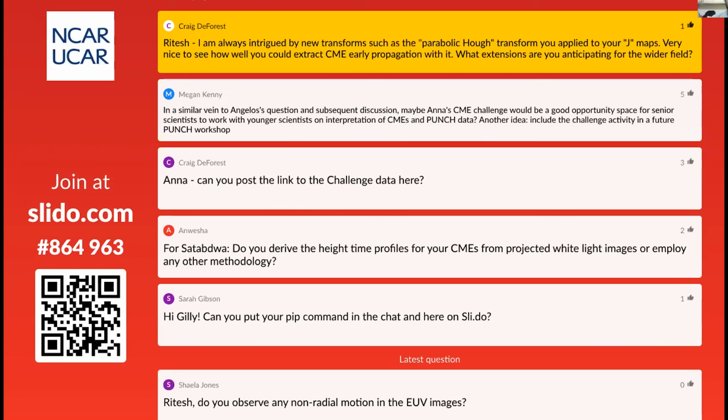The next step, first we are focusing especially on the K-Cor data, which is again the white light CME observation. But as I mentioned, for the wider field, using the STEREO heliospheric images, we are currently working to capture those kinds of inverted J features,